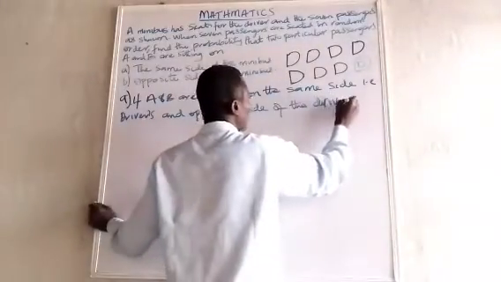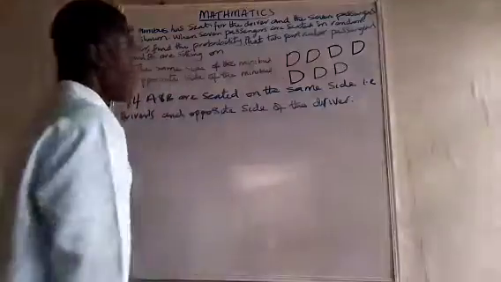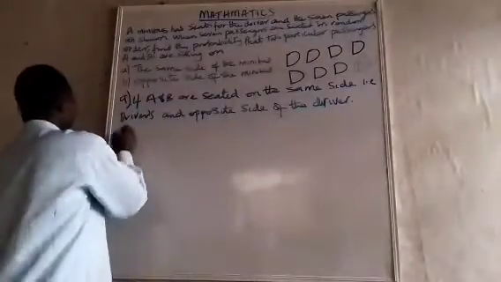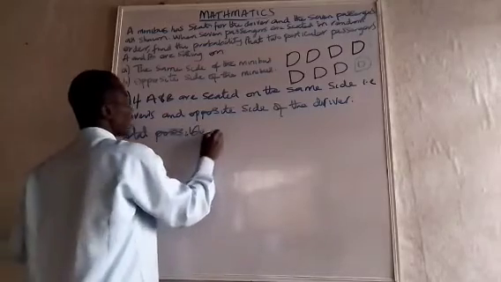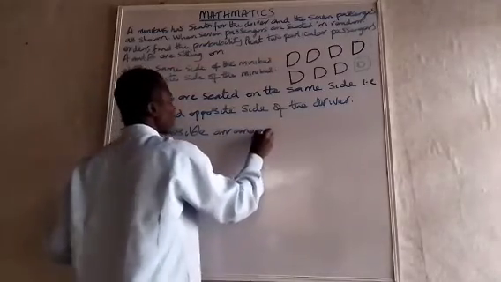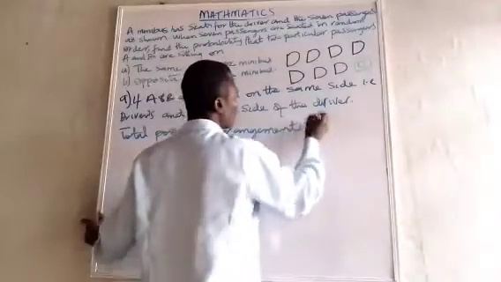Now, since we have a conditional arrangement, let's see what the total arrangement will be. Total possible arrangements will be equal to